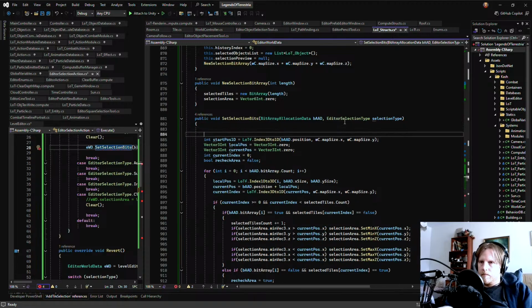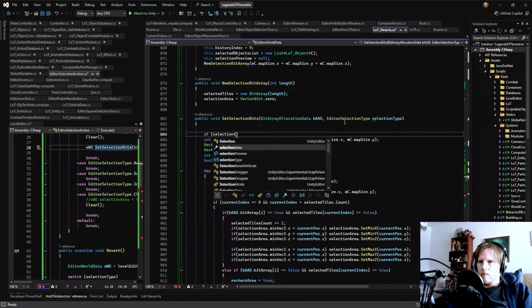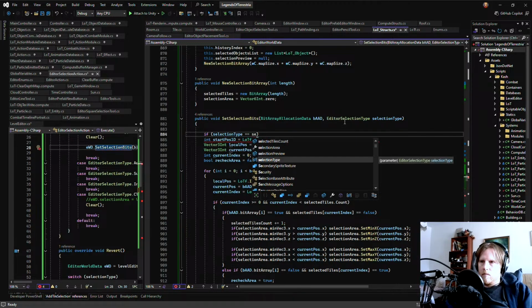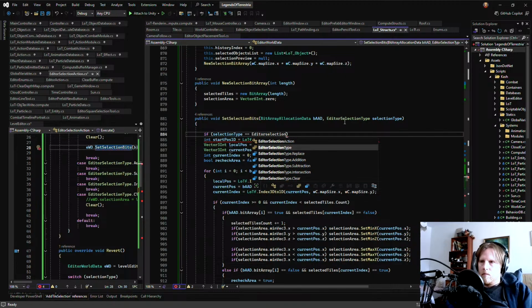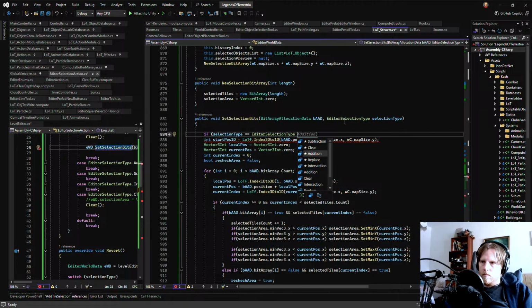Like that. But I think it should really just use subtract and addition and intersection, maybe. I think those are the only three you need. Actually, setting bits.